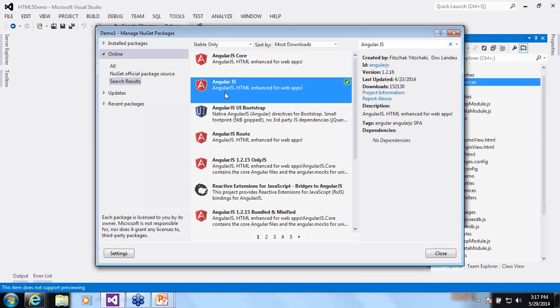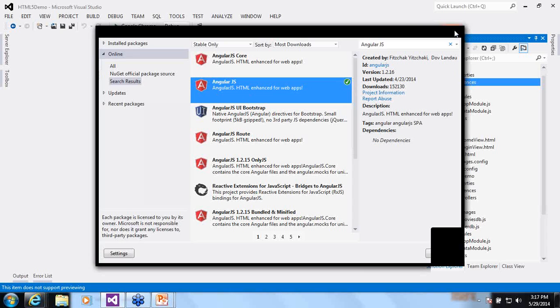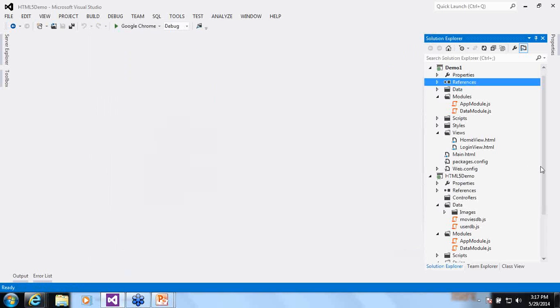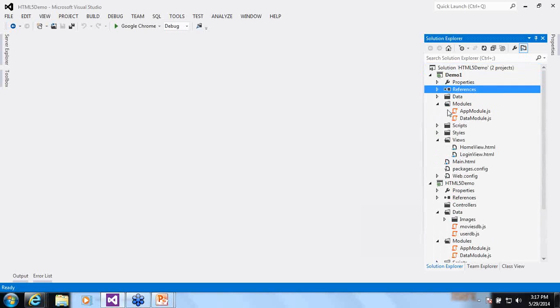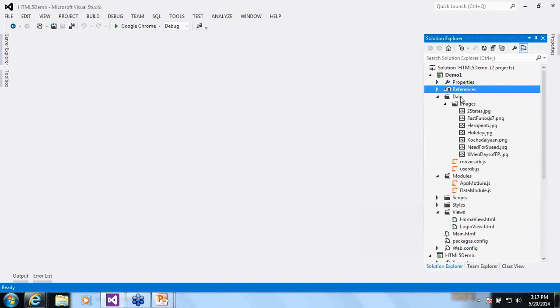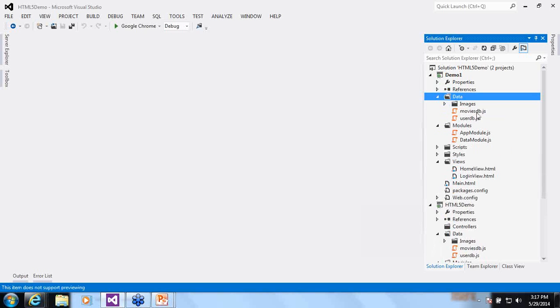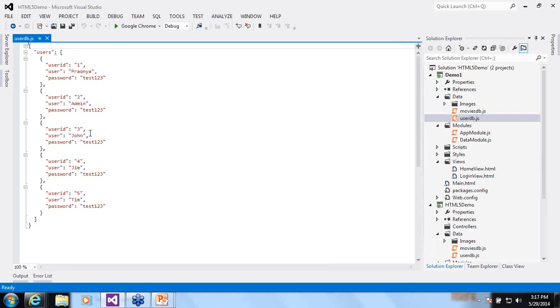Okay. So this is AngularJS HTML enhanced for web apps. Okay. So now, let us first see how to model our data. Currently I have the data folder wherein I have two JavaScript files. One is the